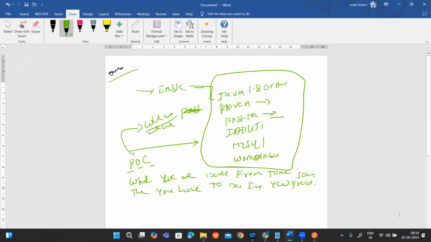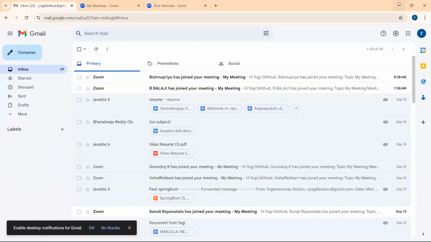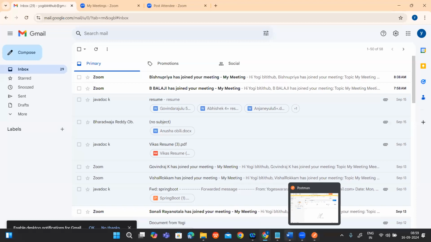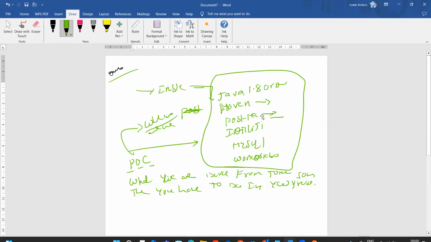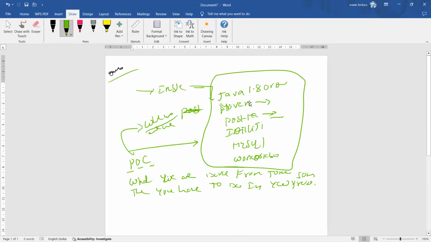Okay. Now, tomorrow we are going to install Java, Maven, Postman, IntelliJ, MySQL, and MySQL Workbench. Once that is completed, then tomorrow you might develop a small application